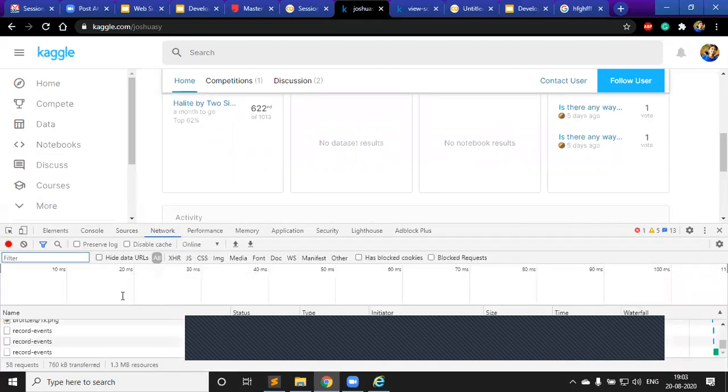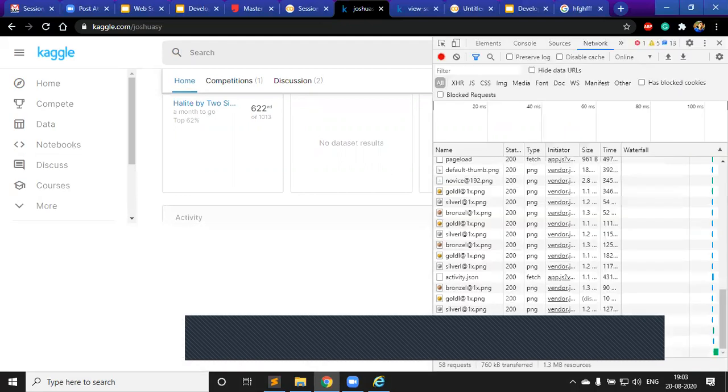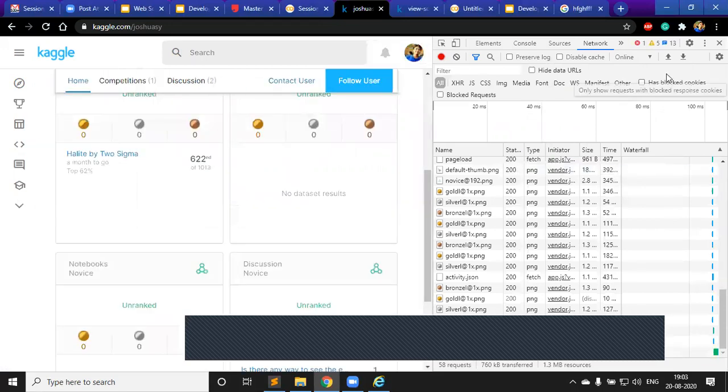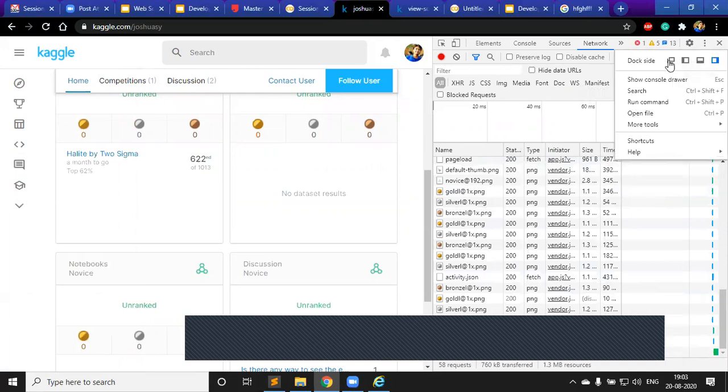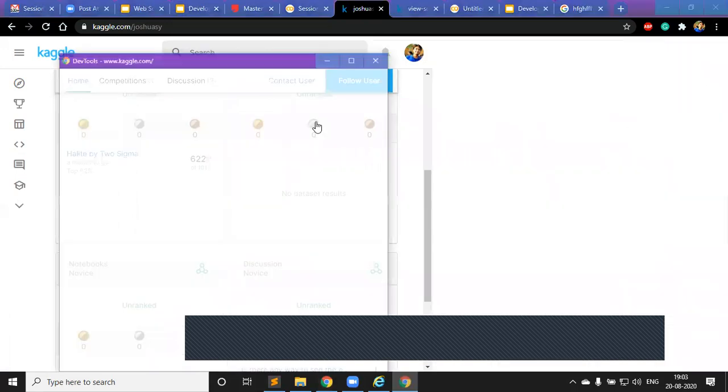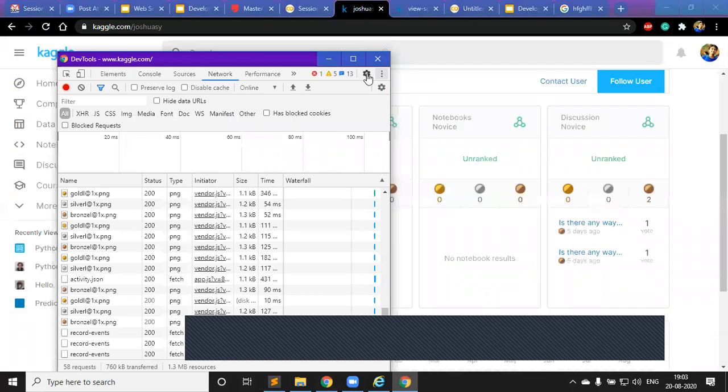Then there is something called network. This is the tab we will be using mostly. Let me place it here. Okay, I'll place it like this. You could do it below or on the side. Here you have three options. You could dock it in a separate window,